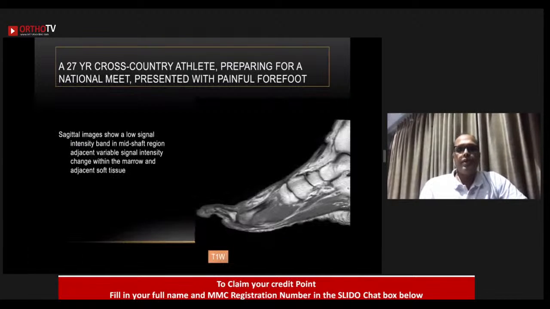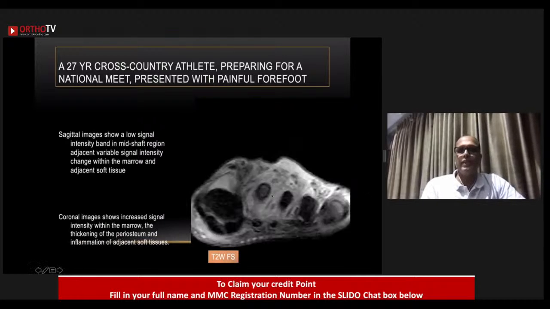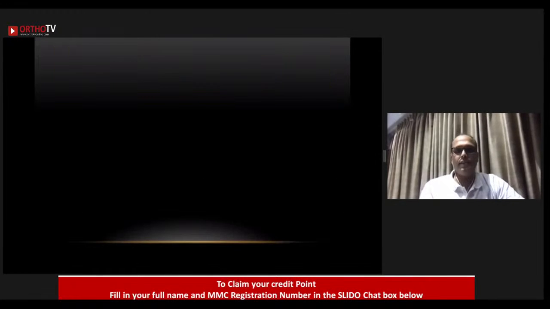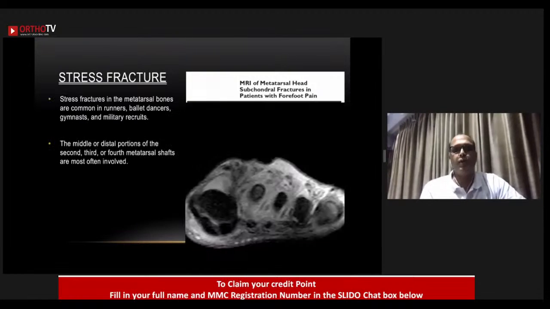Another patient, who is a cross-country athlete, has a painful forefoot. Very obvious. Abhishek already talked a lot about stress fracture. So this was the second metatarsal, which was showing a stress fracture. There was a lot of hypertrophic callus. The surrounding web space structures also had a lot of edema. And obviously, the X-ray would have been much more telling us about how the periosteum must be showing a lot of